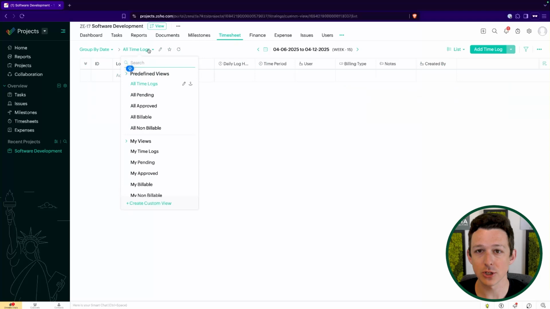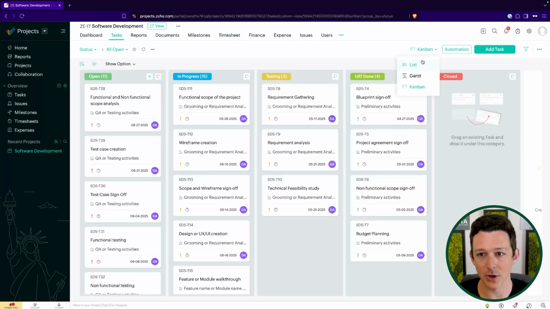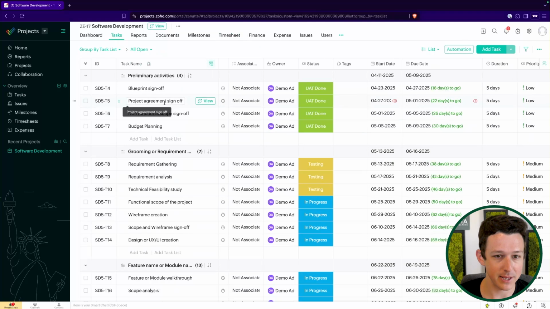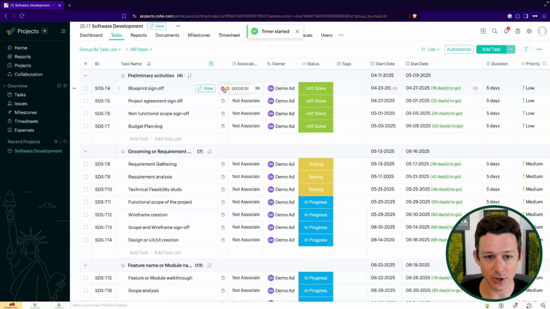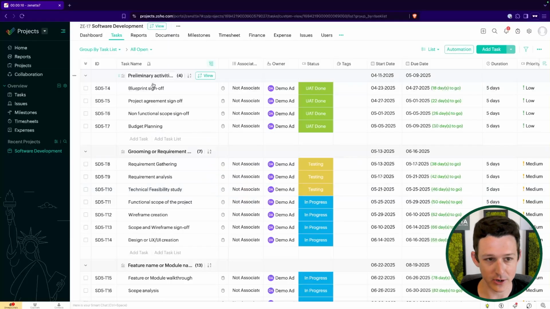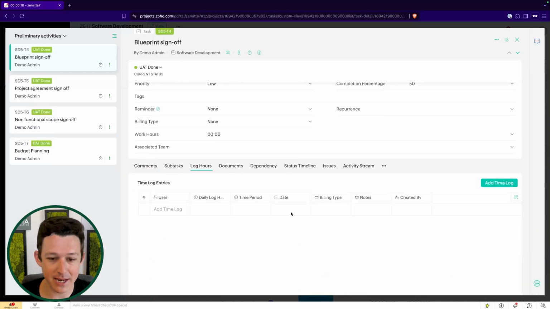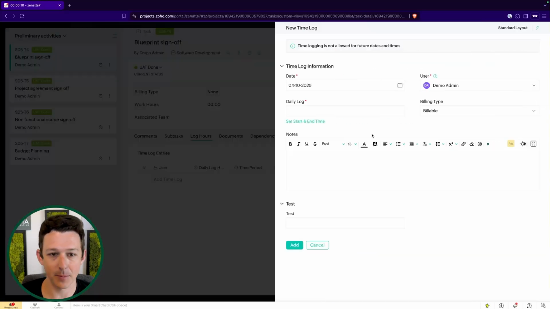Timesheets are where we can go to log all of our time. So let's say I've got a task and I'm going to start working on it. I'm going to open this up in our list view. I can actually log my time a few different ways. So I can just click on Start Timer here for a particular task. And now I'm going to go work on it, right? Once I'm done, I come back in and I click Stop. Now this one's under 30 seconds, so it's going to discard it. That's totally fine. So I can use the timer, or I can come in and log hours against a particular